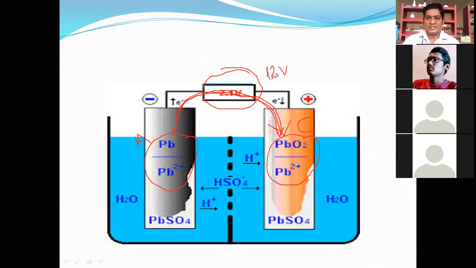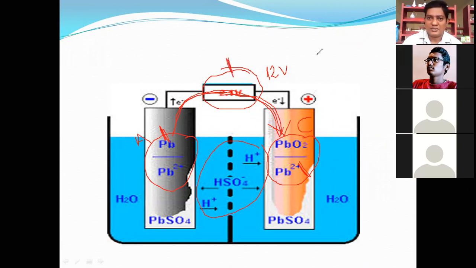Now I'll ask you a question. Looking at this diagram, lead is known to be the anode, lead oxide is known to be the cathode, and sulfuric acid is known to be the electrolyte. Lead is oxidized and lead oxide is reduced. Loss of electrons is the oxidation reaction, and gain of electrons is the reduction reaction. The electrons travel from anode to cathode. Voltage is identified here.